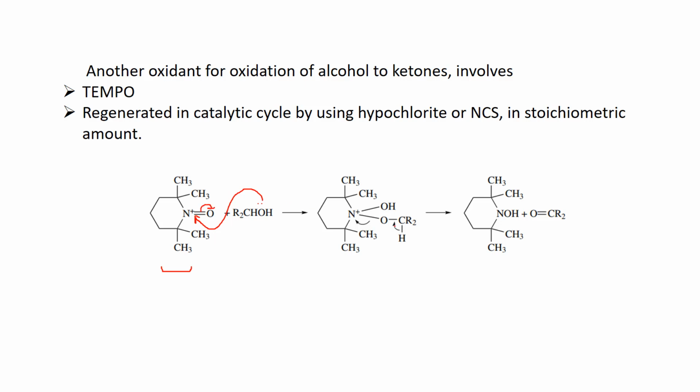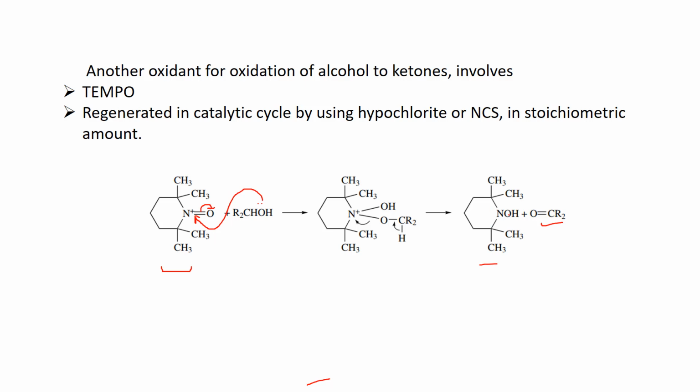And for this one also you need at least one hydrogen. So this comes here, and the mechanism after that is always similar in all these cases. If you know why this alcohol OH will attack once, after that the mechanism is almost similar in every case. So then this will get removed and we get the ketone as our product, and the reduced TEMPO is formed.